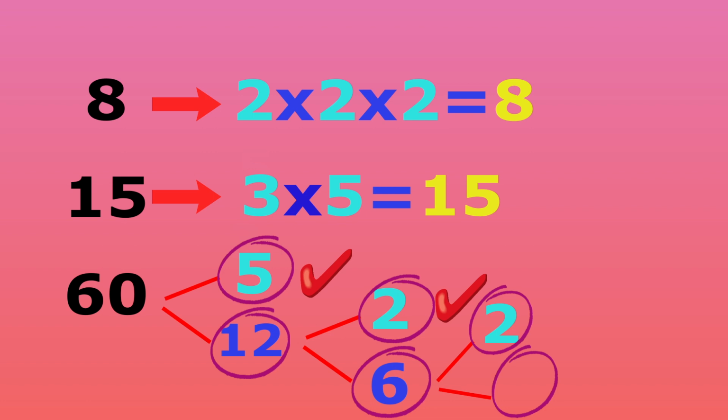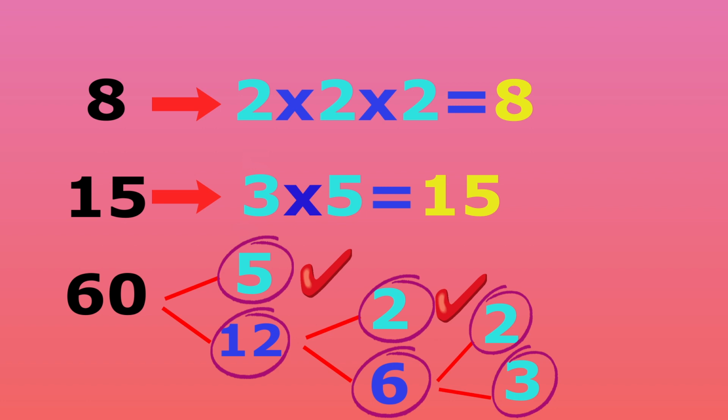And to complete the pair, we need to see which number, when multiplied by 2, gives 6. Well, that's easy. It's the number 3. 2 times 3 equals 6. So our factor pair of 6 is 2 and 3. 2 and 3 are prime, so they are prime factors of 6. And we can go no further.